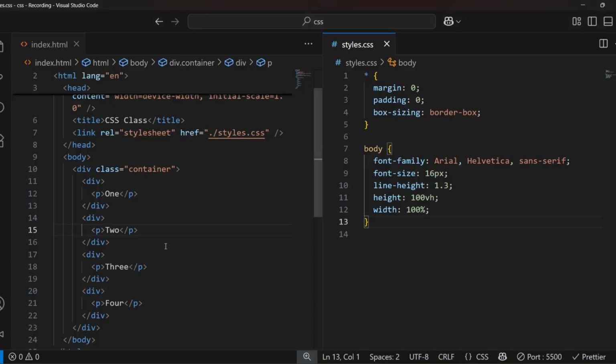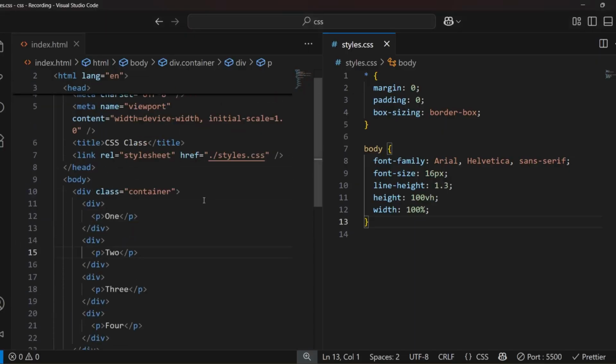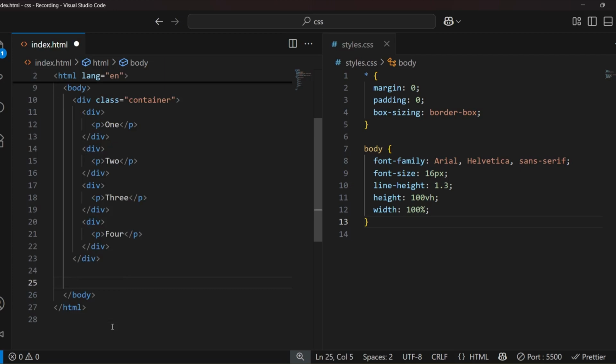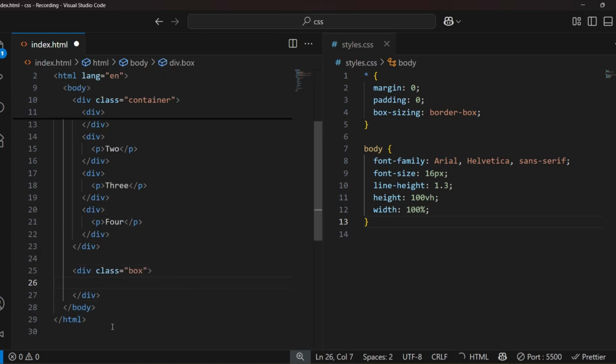All right. So within my HTML, I have this. We still have the same div with a class of container. Okay, so I'm just going to leave this, and then I'm going to have another div with a class of box. I'm going to have an h1 inside. So let's do an h2. So I can have an h2 that says second